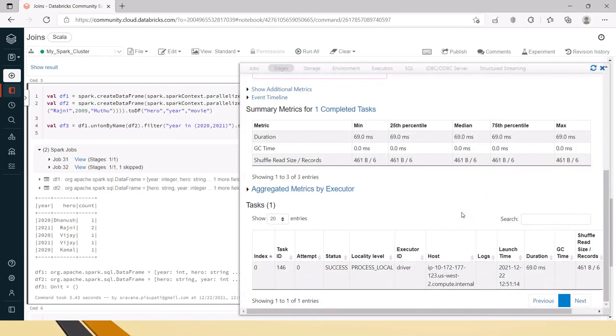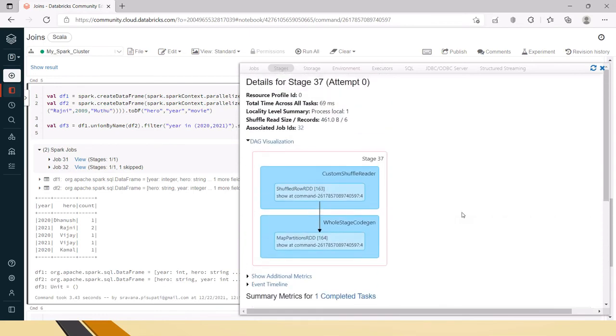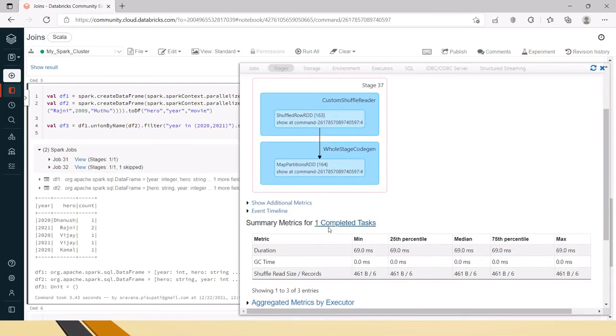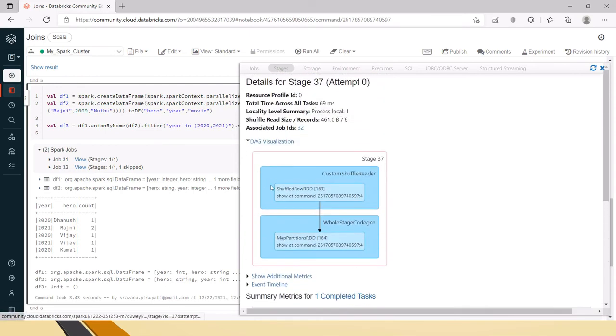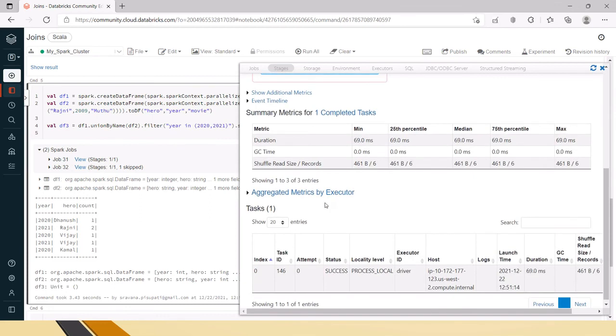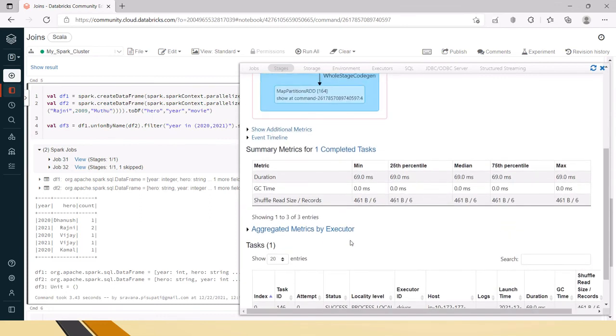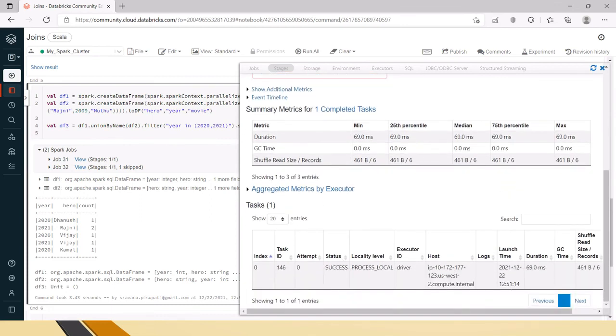It has all the details about the completed tasks, and the shuffled RDD, because this is a wide transformation, it has to call the shuffle row RDD, and the map partitions RDD because of the count operation that we have given. You can understand all these things in the Spark UI.